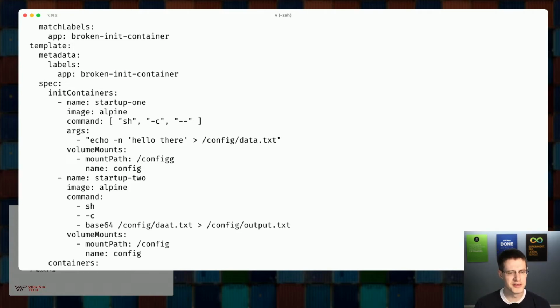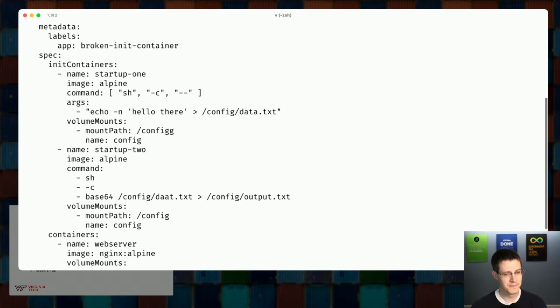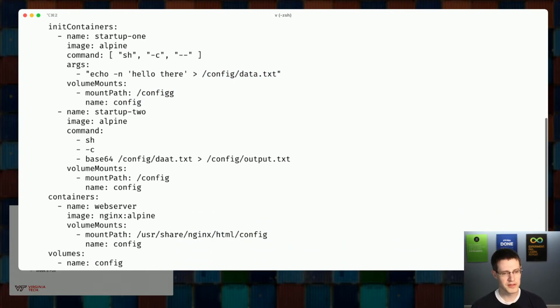And if I look at this, okay, so I see a volume mount, mount path of /config, interesting, with an extra G there. But what we see is I'm going to echo just a string, hello world, to config/data.text. It'll be kind of interesting to see if this actually succeeds, because I bet the /config directory doesn't exist because there's a typo here. And then the next one, what it's going to do is base64